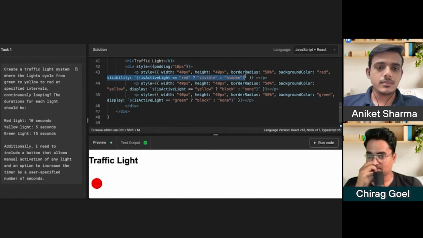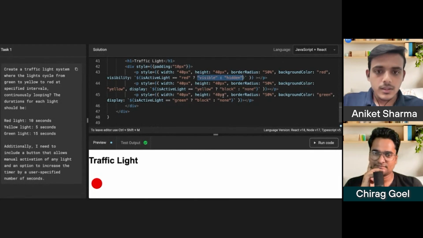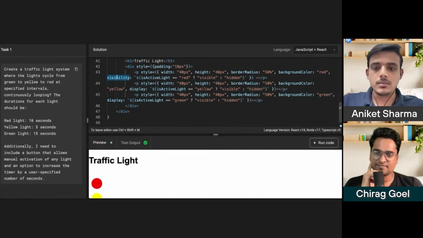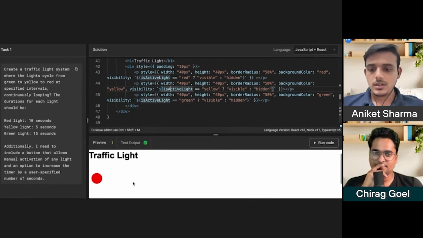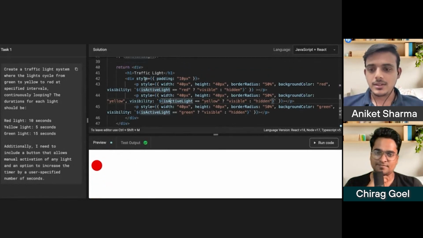Okay, I will do the same thing for the other lights, and also the visibility. Okay, let's see if it works.